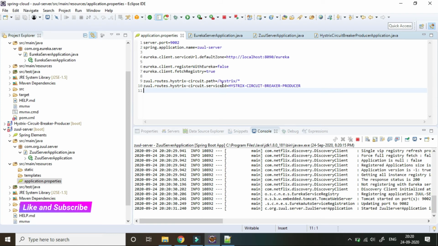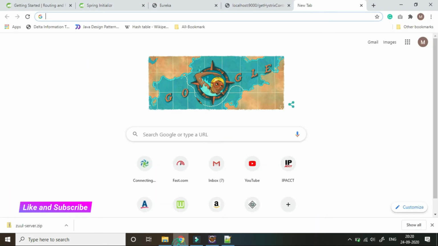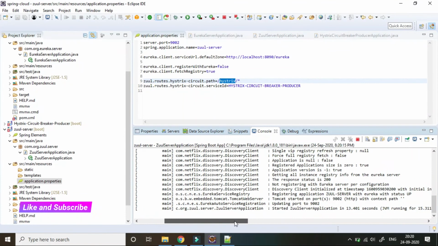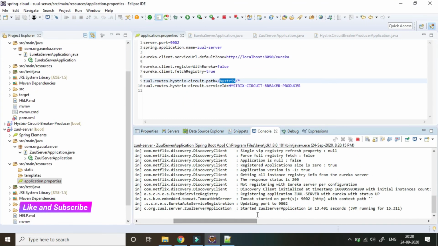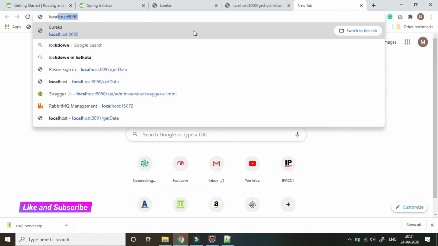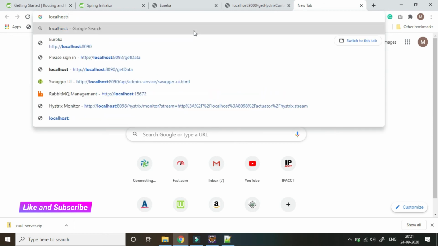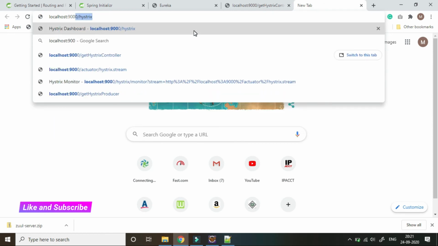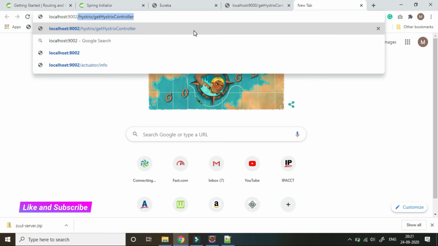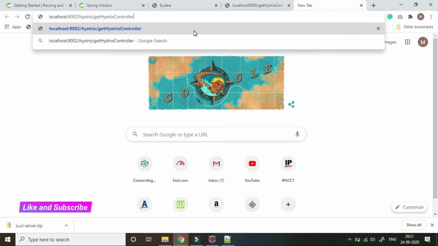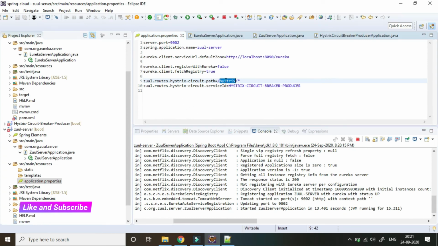Now we will try to hit with this context. So our application is up on port number 9002. Then we have provided the context which we have used as a path.